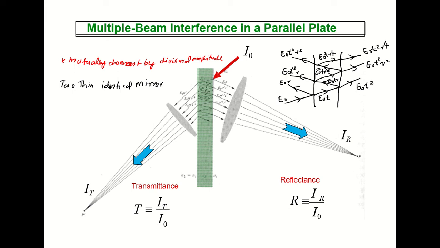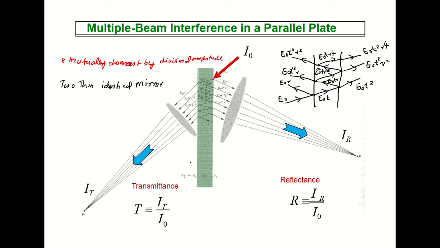This R square, T square actually means how many times they are reflected once the beam is incident on these two parallel thin identical semi-transparent mirrors, and how many times they are transmitted as the wave is coming out. That is how we represent T square and R raised to 4. So this is how the general multiple beam interference will look like. We have multiple reflection and transmission corresponding to that.